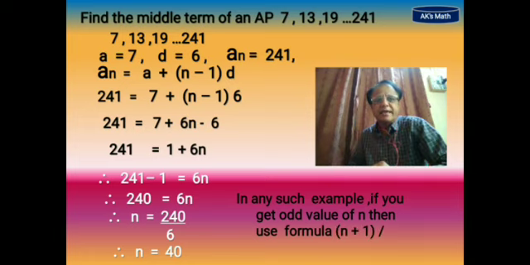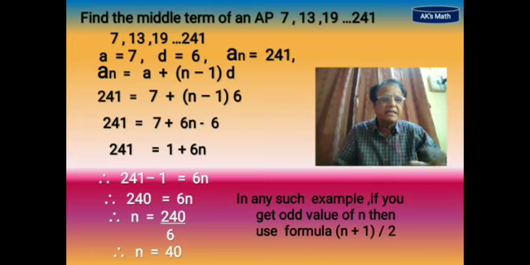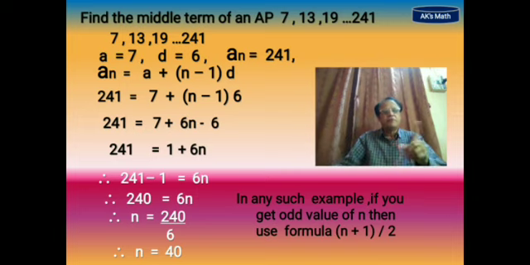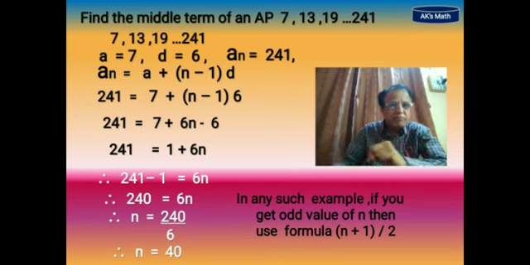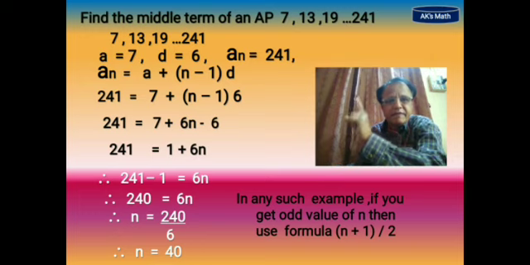Look at this formula, n plus 1 by 2. So by this way, by using this formula, you can find, means समझो अभी ये n जगह पे 40 की जगह पे 41 आ गया, n is equal to 41 now. Just imagine that. Actually 41 is not there, here n is equal to 40. So 41 आ गया समझो हमारा. तो हमको यहाँ पे 41 plus 1 by 2. 41 plus 1 by 2 means it will be equal to 42. And 42 divided by 2, it will be 21st. So the exactly only one term, 21st term, will be the middle term of that AP, in which you will get n odd.